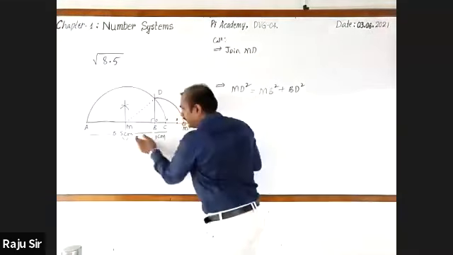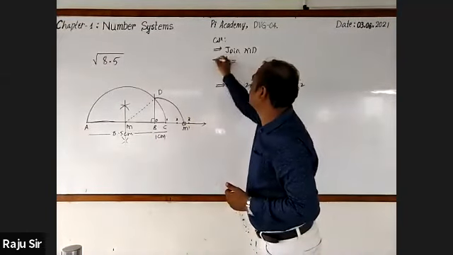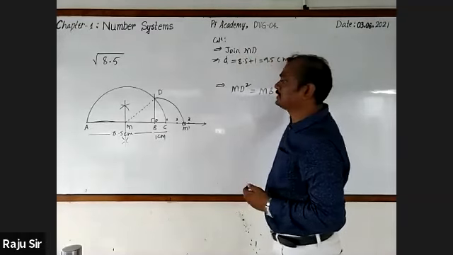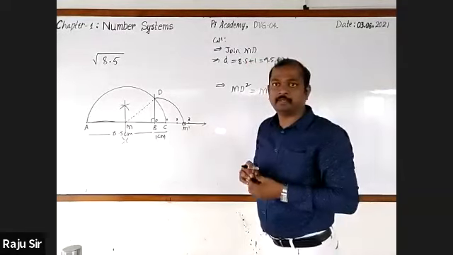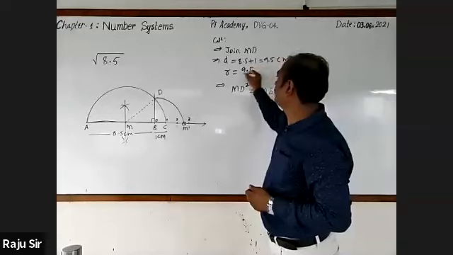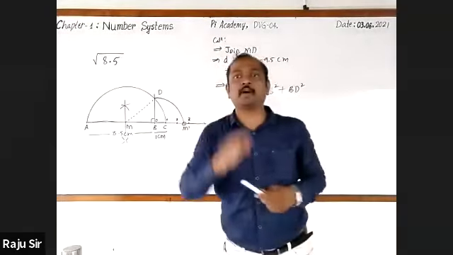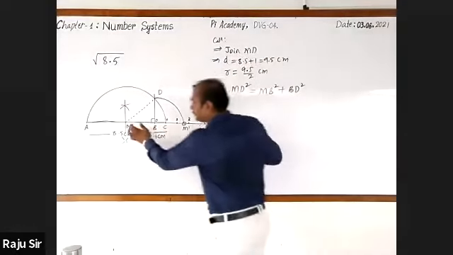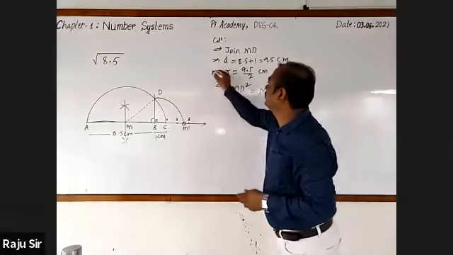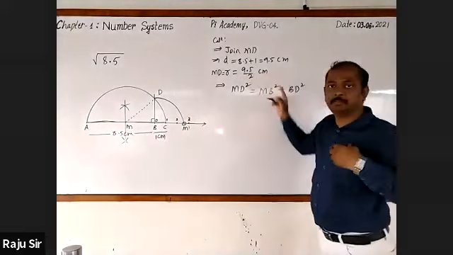See that it is 8.5 plus 1, 9 centimeter. All right, D is equal to 8.5 plus 1. This is equal to 9.5 centimeter. If it is the diameter, then you can find out the radius. Radius will be 9.5 by 2 centimeter, because radius is half of the diameter. Okay. Now, MD is the radius. I can write MD is equal to R is equal to 9.5 by 2 centimeter.